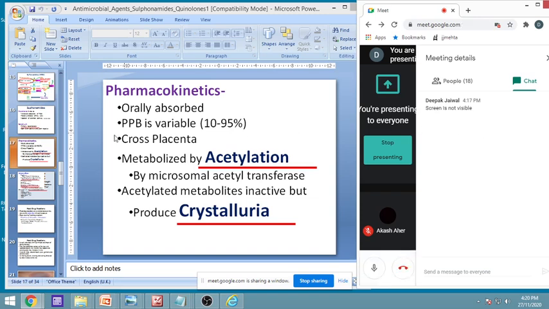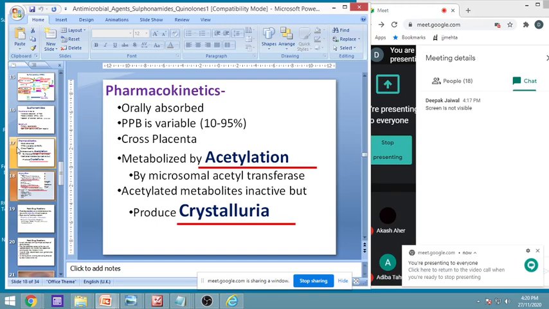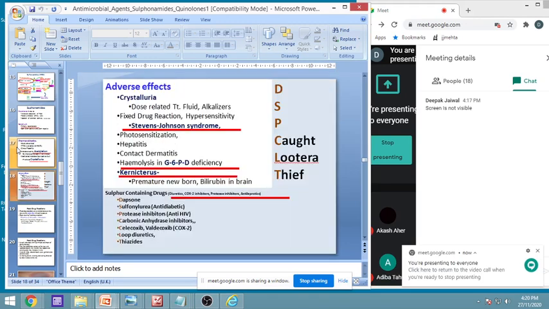Then next, what are the various adverse effects. As I told you, one very important effect is crystalluria. It is dose related, and for treatment we can give more fluids and alkalizers. It is very essential to give these alkalizers. Then fixed drug reactions can occur, and hypersensitivity, which is again a very dangerous one,